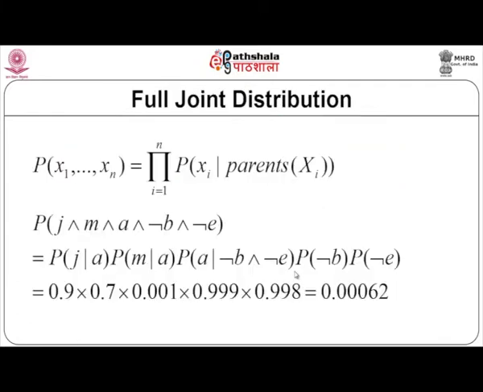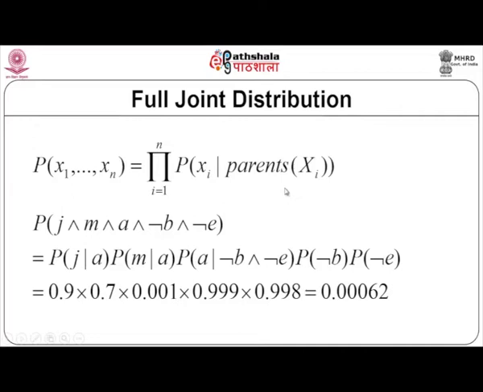This is another example. Now, let us go back to the distribution story we were talking about. Given n variables, we want to find the probability distribution of all the variables x1 to xn. This is nothing but a product of the conditional probabilities of xi given the parents of xi. For example, here we have taken the probability of John calling, Mary calling, alarm being there, no burglary, no earthquake, which is given by, from the figure,